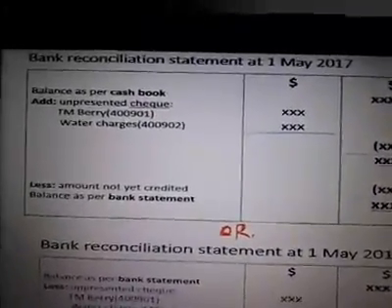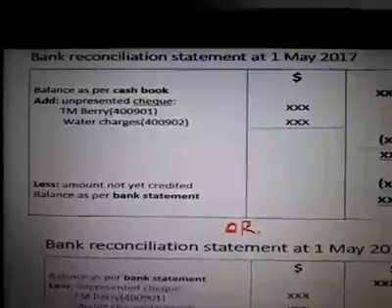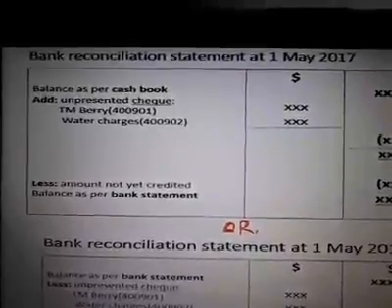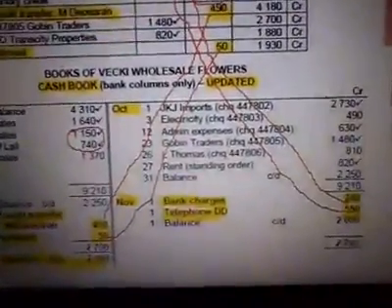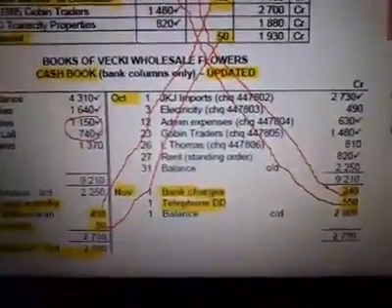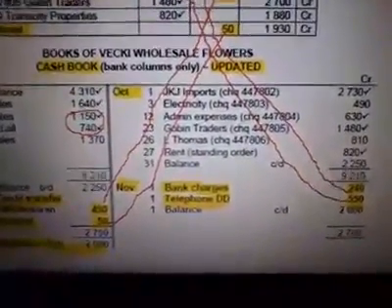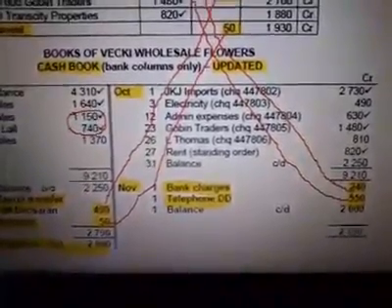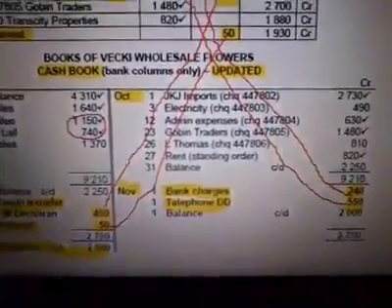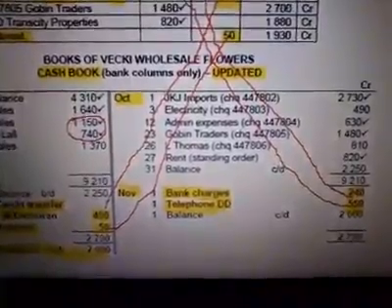Then if we start with the balance as per cash book, we need to add unpresented cheques. Unpresented cheques we have in the credit side of the cash book, which haven't any tick, like electricity, the cheque number is given. The other one is electricity $490, and the other was L Thomas and cheque